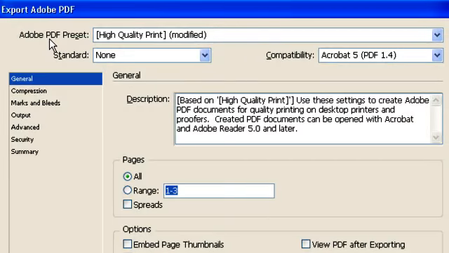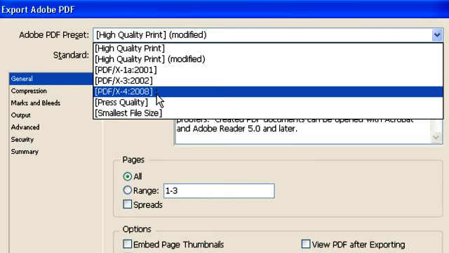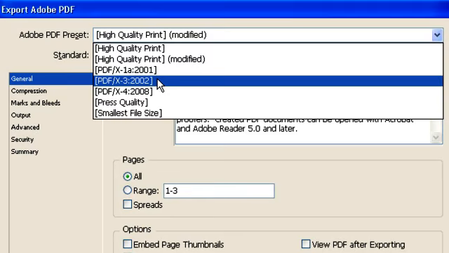So in the Adobe PDF Preset area here, we're going to hit the down arrow, and we either want one of these two. The PDF/X is basically the preferred format for printing, and what that does is it, as I mentioned before, it flattens all the layers on the card and it embeds all the fonts so that there's no opportunity for what's on screen not to be what you get printed. So in this case I'm going to choose PDF/X-3:2002,